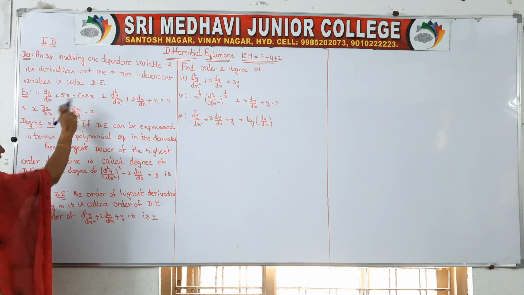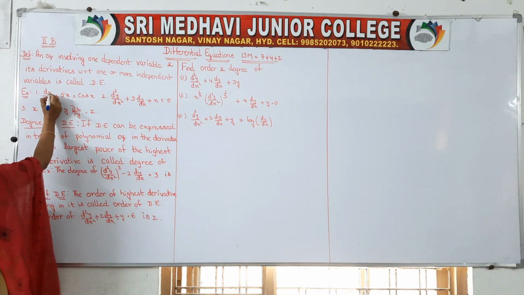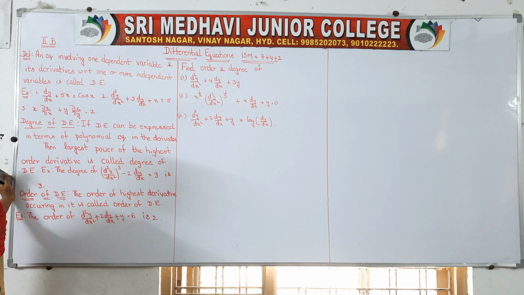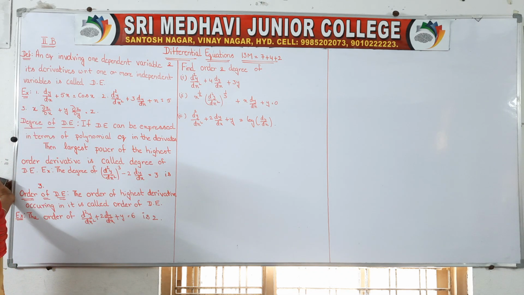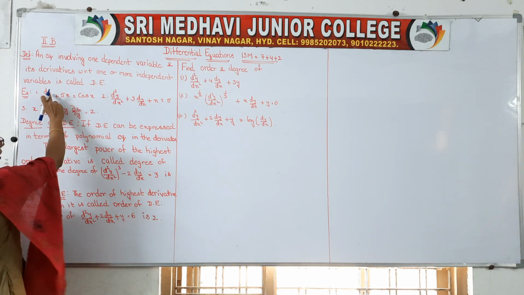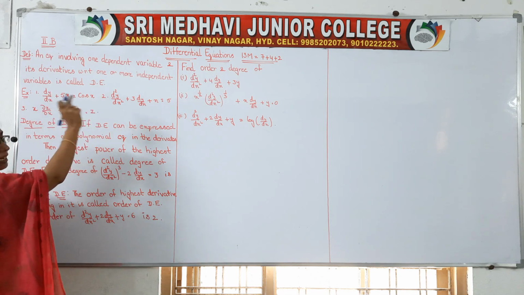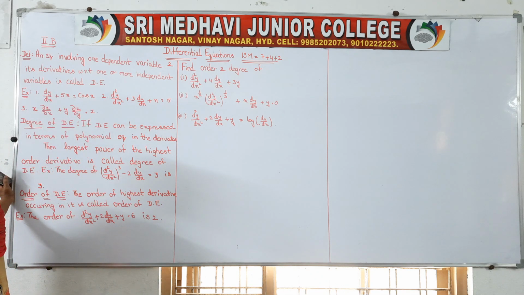See, this is one differential equation. Here this y is called the dependent variable. That means y is an expression in terms of x, it depends on other variables, right? So you will get y equal to some x square plus 2x, or y equal to some cos square x plus sin x plus 3. Like that you will have y in terms of x. That means y is the dependent variable, with one dependent variable and its derivatives with respect to one or more independent variables.